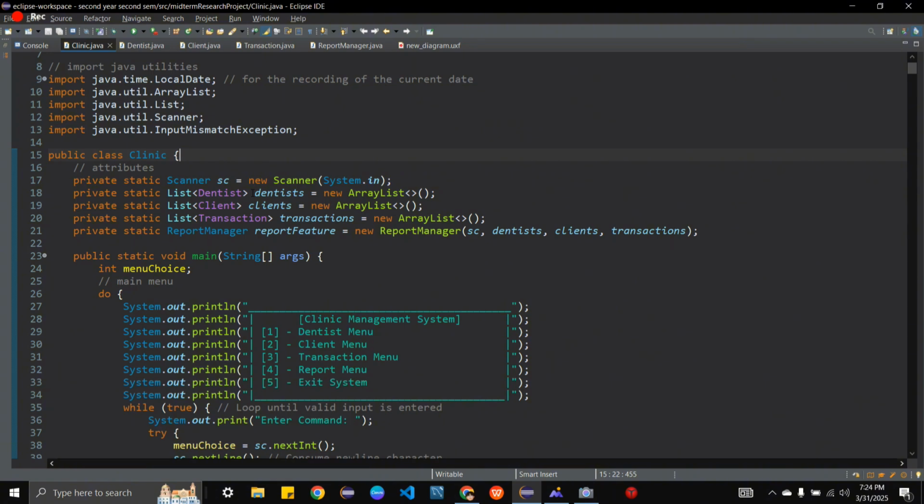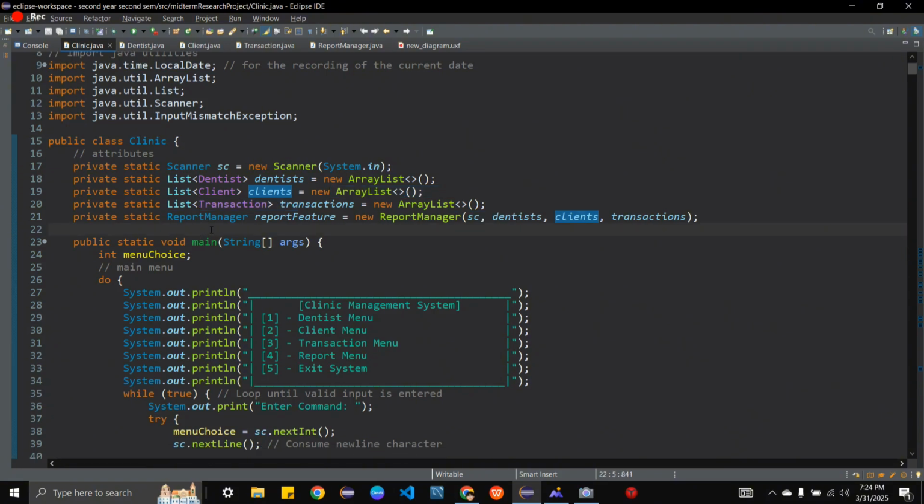Then we have here a list of dentists, that is the parameter of the object, and the name dentist, it is an ArrayList. And the same goes with clients and transactions. So now we have here an object ReportManager, which is called reportFeature, in order to manage different kinds of reports. So the class ReportManager will be explained by my group mate later.